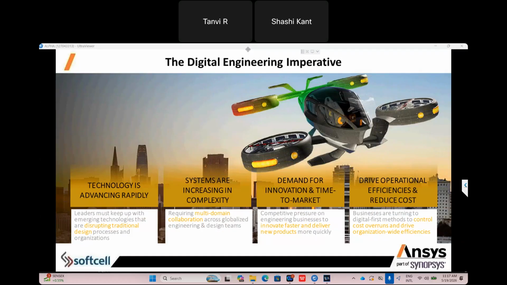We develop the eVTOL, and once we develop it, we make multiple attempts and trials in the real world. Trials in the real world take a long time for testing also, and you need to do a minimum of 10 to 15 iterations to get the required design or a safe structure of the eVTOL, or an efficient eVTOL.